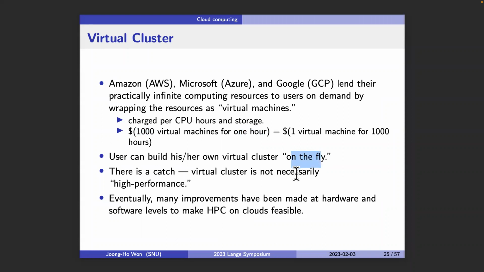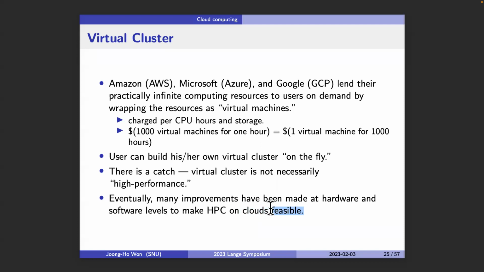So that was an attractive option, but there was a catch. That you have multiple virtual machines that can talk to each other doesn't necessarily mean that it's highly performing. You need a very fast interconnect so that those virtual machines can talk to each other. It was not very feasible until like 2016, 17, but starting from that, there were many improvements made by these companies. Yeah, that made this HPC